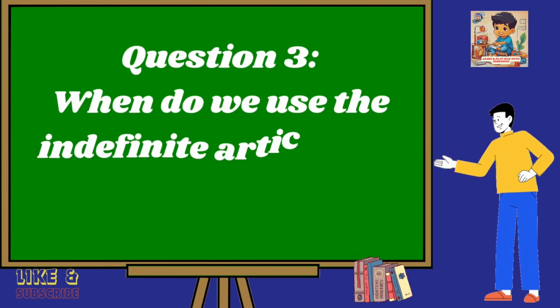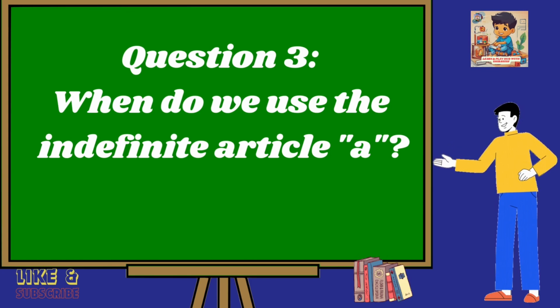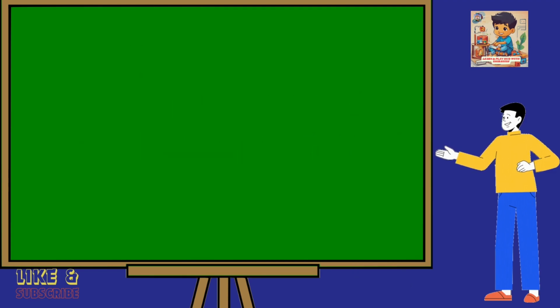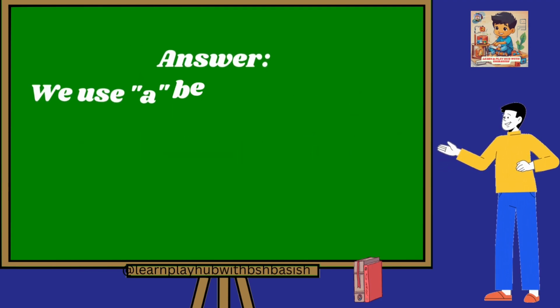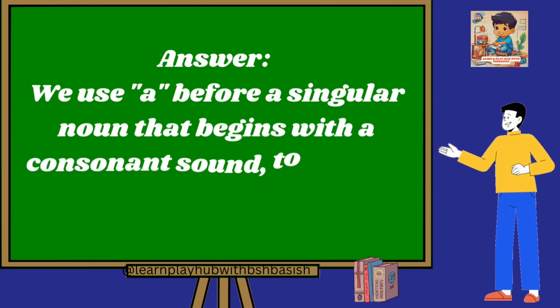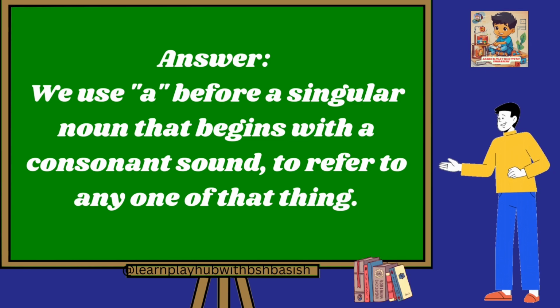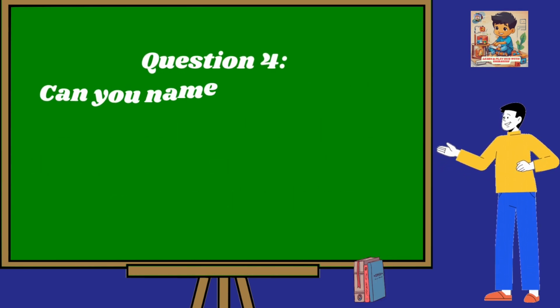Question 3. When do you use the indefinite article a? Answer. We use a before a singular noun that begins with a consonant sound to refer to any one other